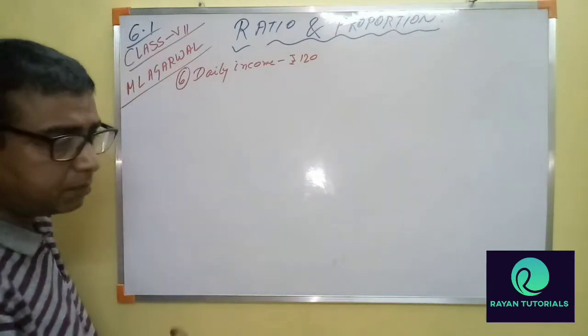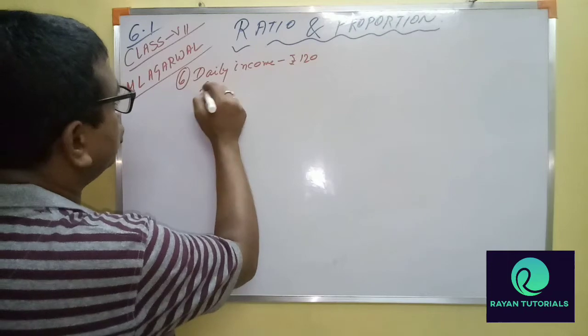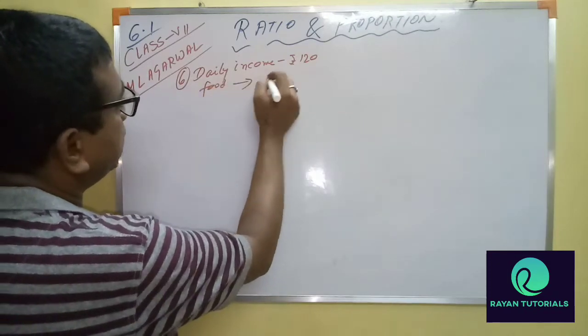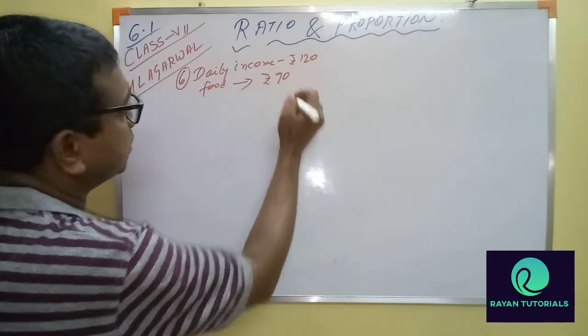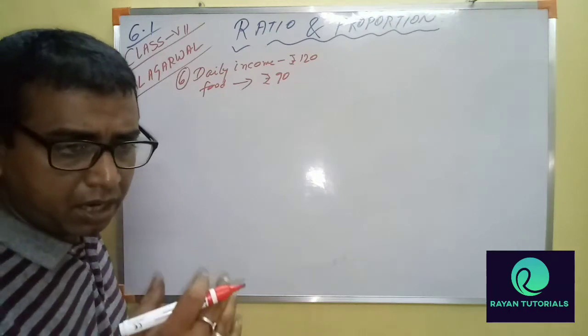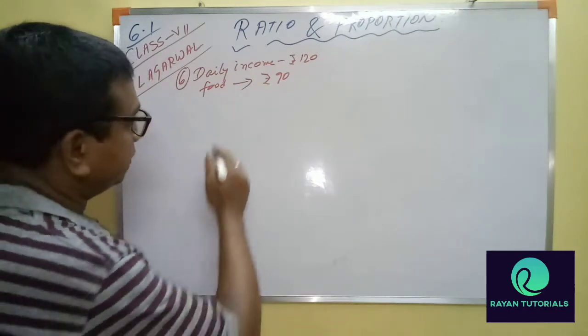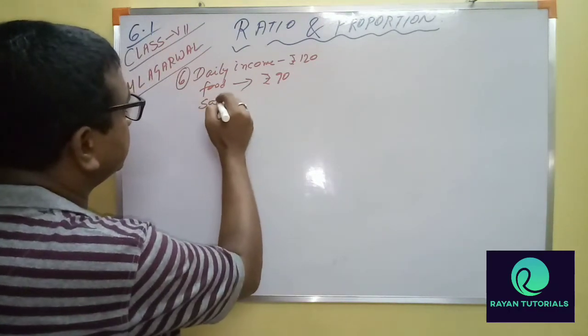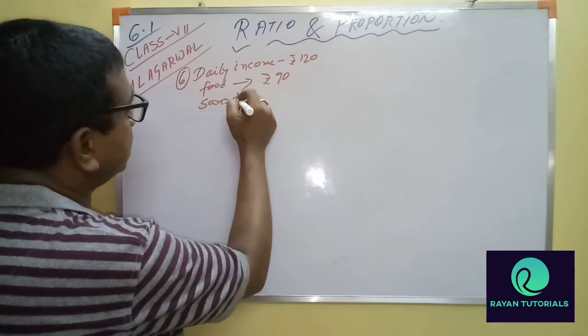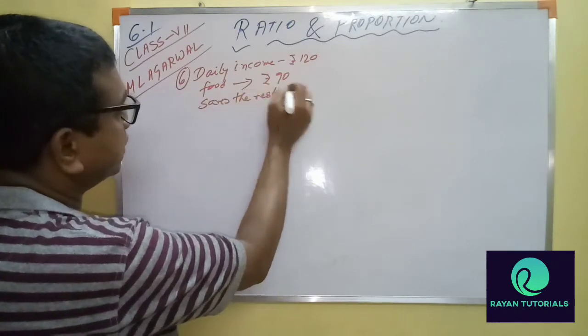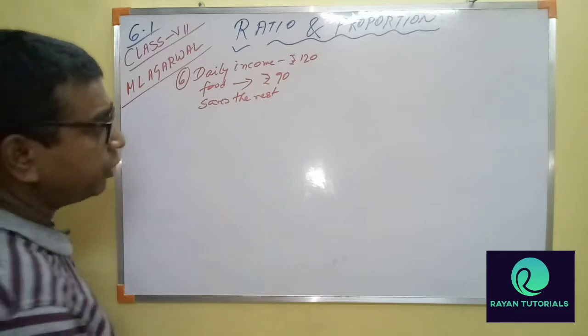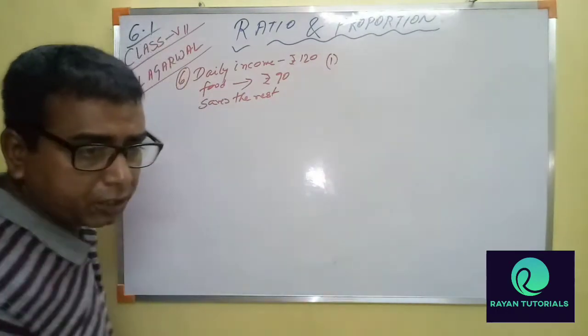He spends 90 rupees on food. So food he spends rupees 90. Saves the rest. Now you need to find out the ratio between